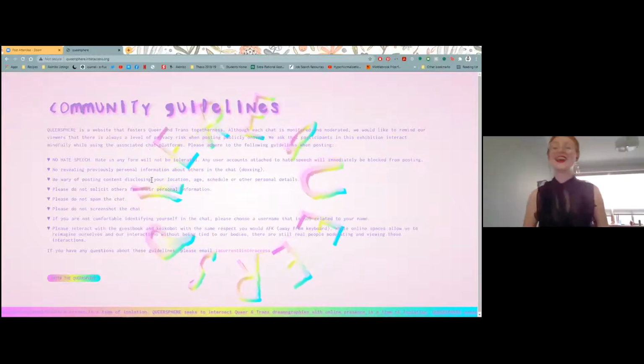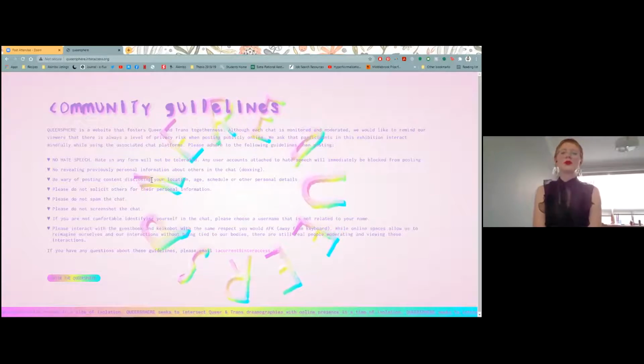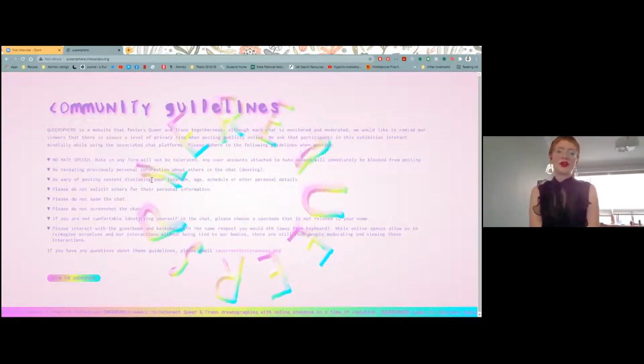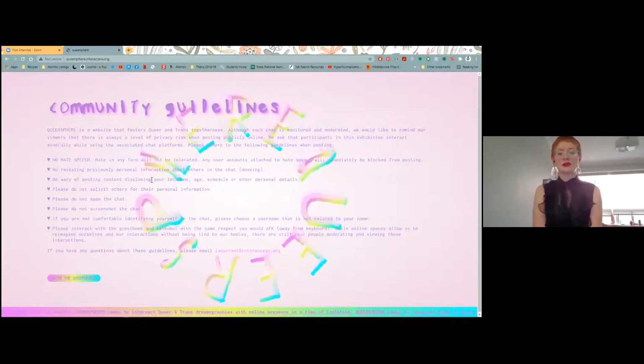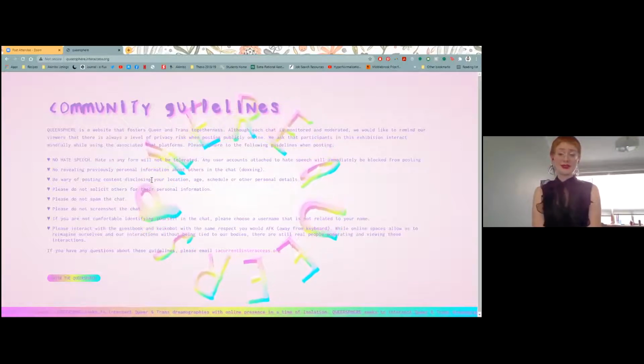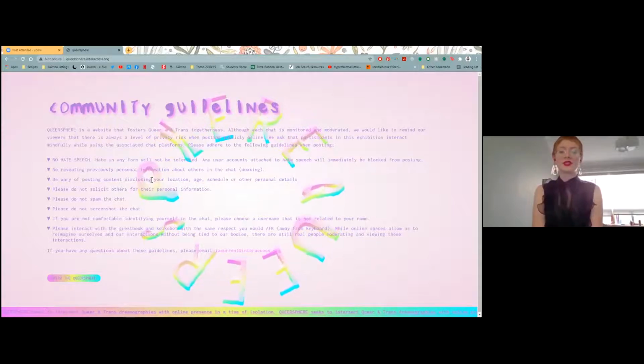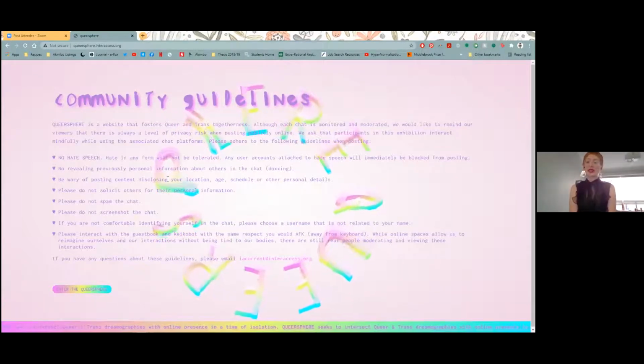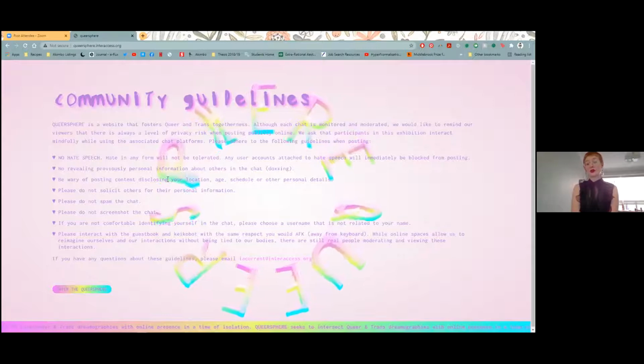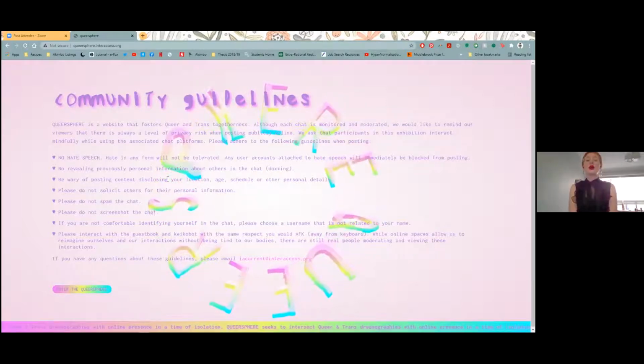Amazing. So I think it's important that we maybe start out on why this community guidelines page exists, because I do think that the conversation of safety and placemaking plays a large role in this exhibition.